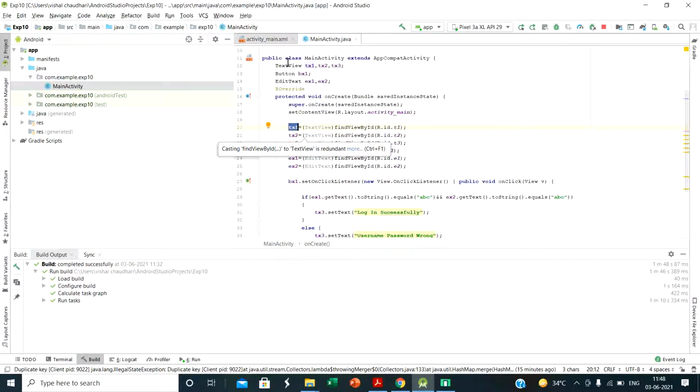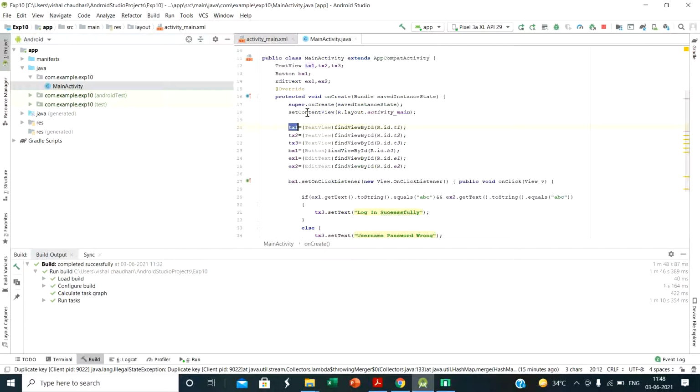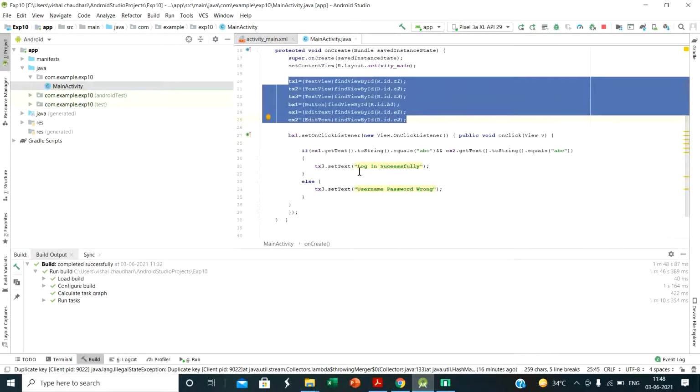So this is the text view object which is registered with t1, which is in your XML. Similarly we register all our objects with the respective components: t1, t2, t3, b1, e1, e2. This is the code to register your objects with the components.